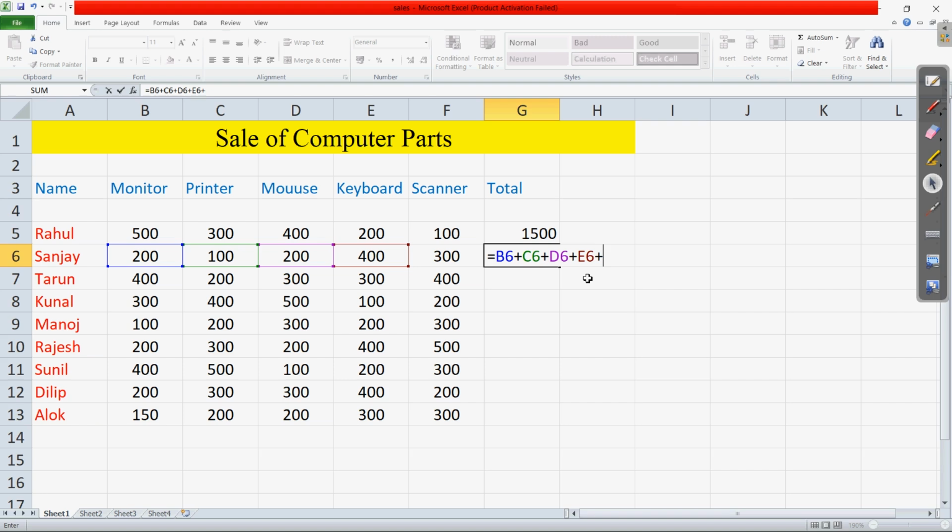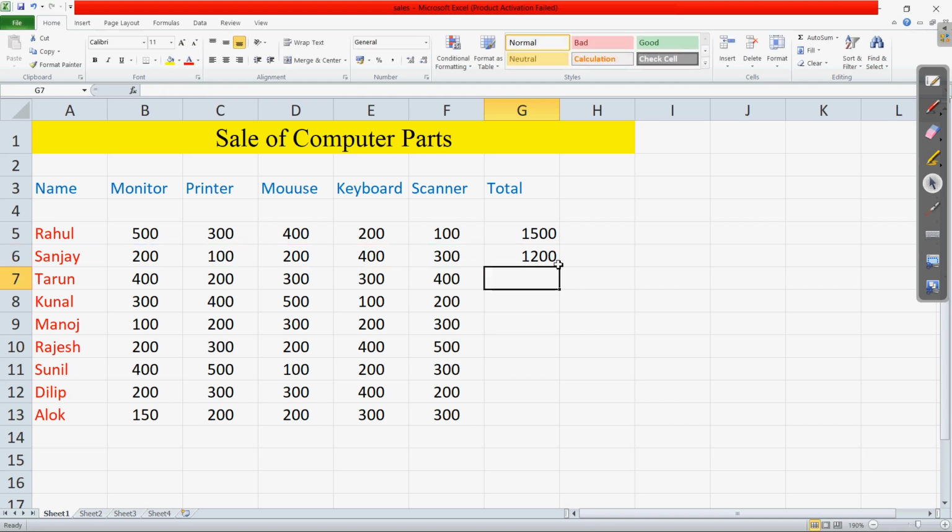You can also see that the different addresses which we are writing, the color of each of these is different. Clear? This way we have covered all the addresses, and after writing this we have to press the Enter key. Let us press it, and here is the total. Clear?